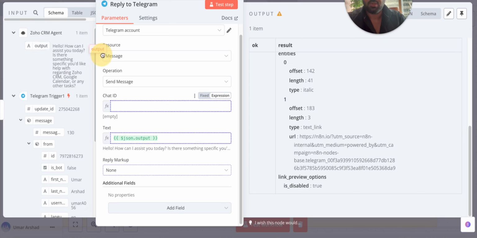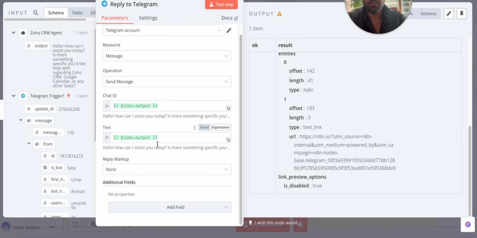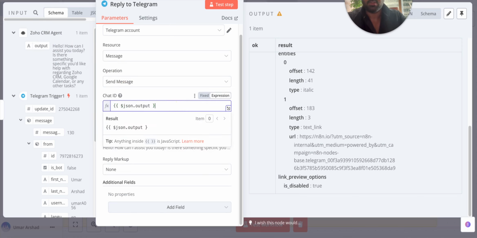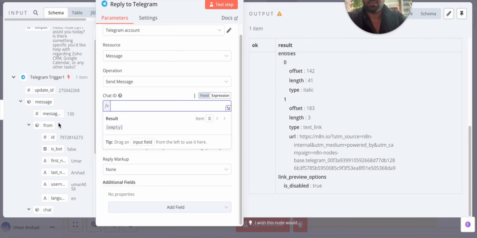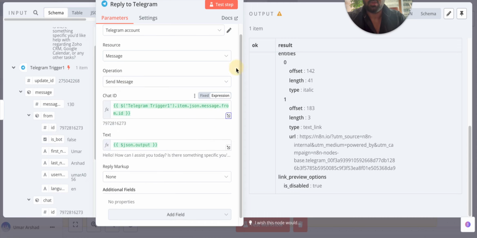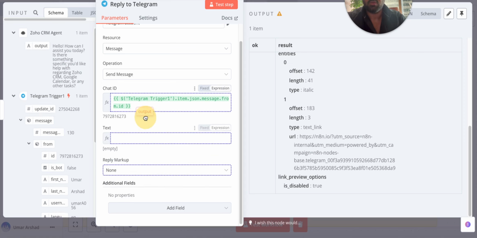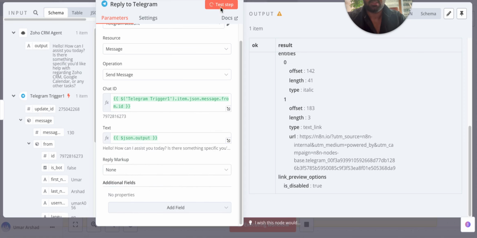The chat ID is the ID which is coming from my Telegram trigger. So let's say this is my ID. It is the same ID, so it knows what conversation I'm talking about. And the text, or the message it should send to my Telegram, is the output of the Zoho agent. And if I test it,